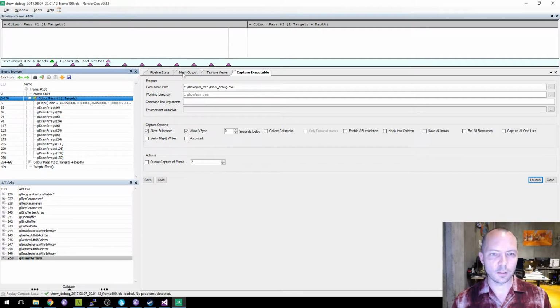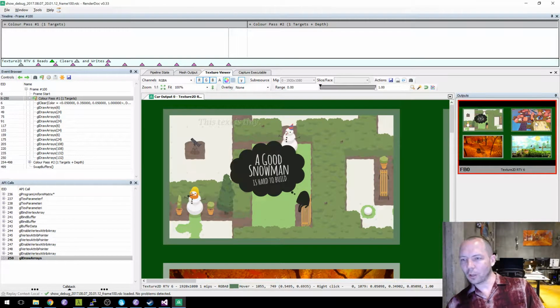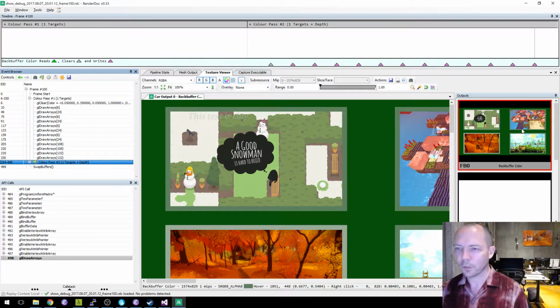Okay. Texture viewer. Hey, there we go. So this is 1080p, and we're drawing an image to the whole thing, right? And then this guy is littler. See, he's only 829p, and we're also drawing the image at the correct scale. So that's good. Any questions about what's happening so far?